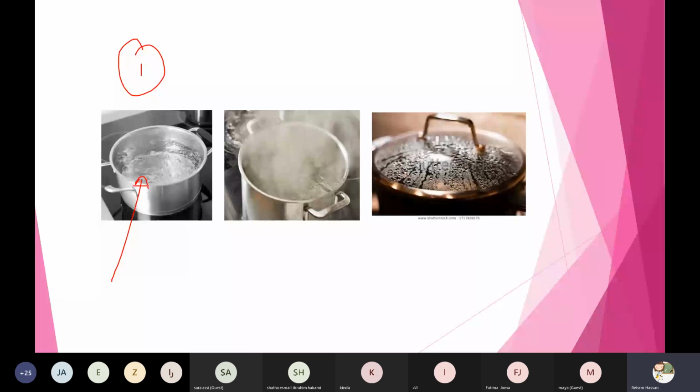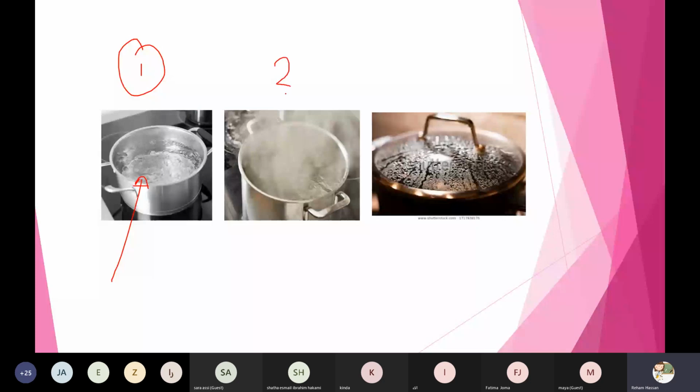Yes, Athir? Okay, so Athir here, number 1. Can you see the water? Yes. Yeah, it is a liquid water. Amazing. But look at picture number 2.